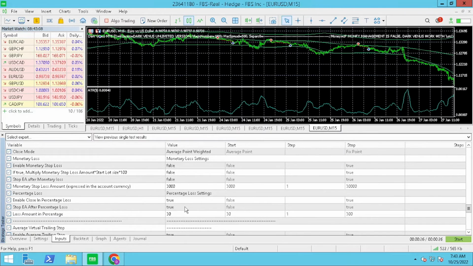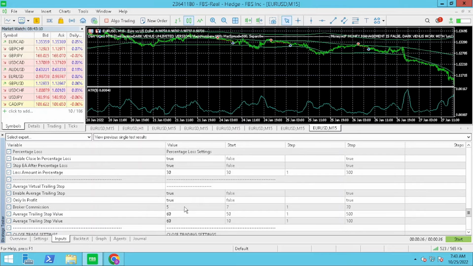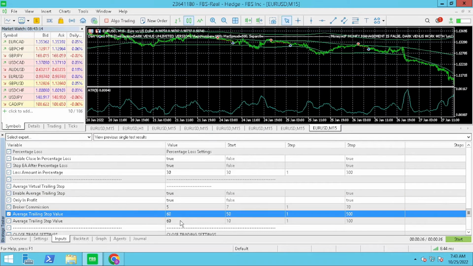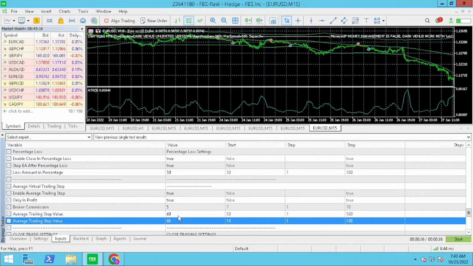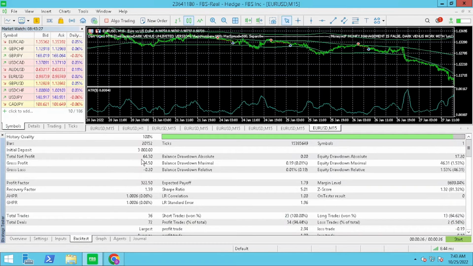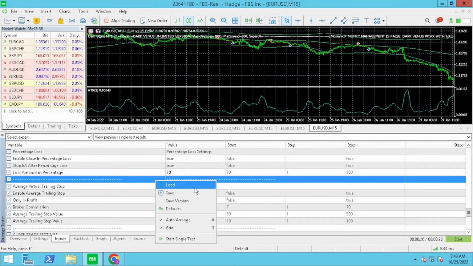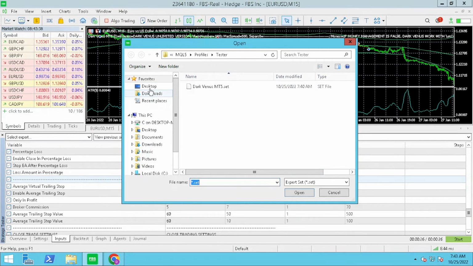Next, the average trading stop, I've both enabled to true and at 60 points or 6 pips. So it will start at 6 pips and trail by 6 pips. So those are the settings that you can adjust for it to optimize it according to your own trading strategy. If you want to increase, for example, the trading stop or the take profit, adjust them together to get the